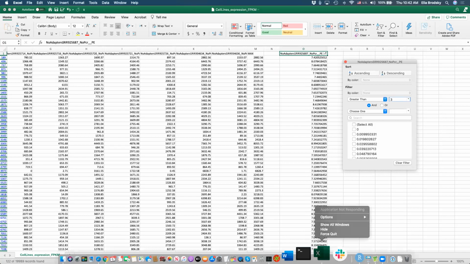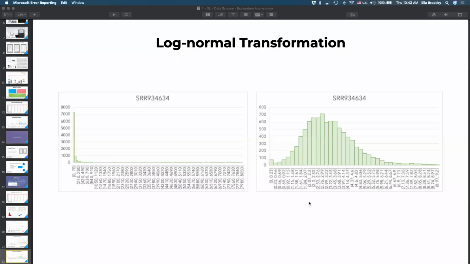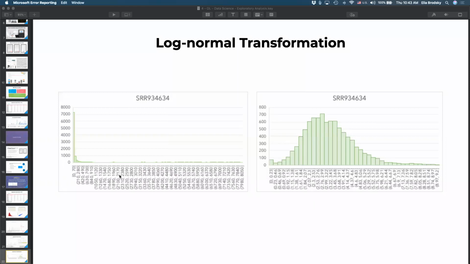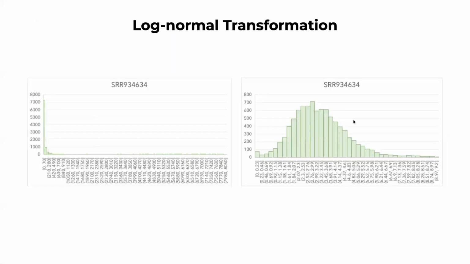Maybe I need to restart this. Okay, we'll actually do this in R later on. Might be a little bit easier to do quickly there. But the point that I'm trying to make is that once your information is more normally distributed, you can more easily understand the differences in your data.